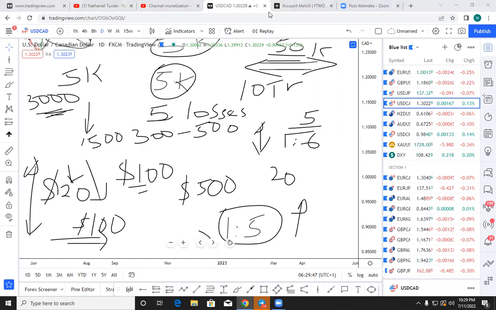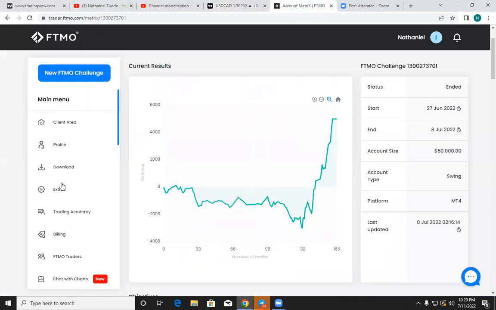from the FTMO challenge account here. You can see it. It's very clear, guys. Win, loss, win, loss. You can see this is consolidation. In every consolidation, this is just like the Asian range, guys. Then London, reaction at London, and then boom, New York. You see, problem, reaction, solution.